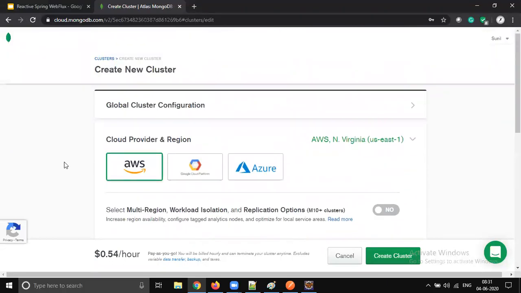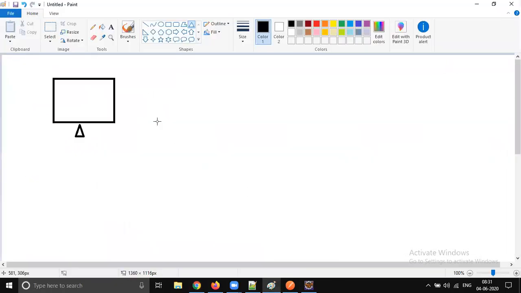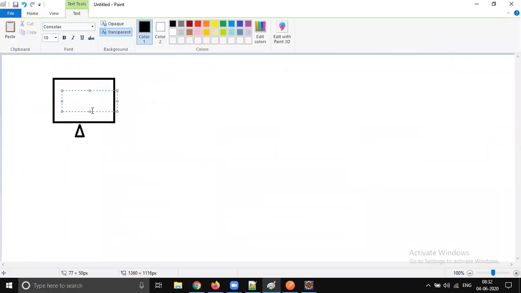Fine. You can go through this in your personal time and get a better idea, but this is what we need to do to quick start with a MongoDB remote instance. So what exactly did we do? This is my local computer, my own computer.